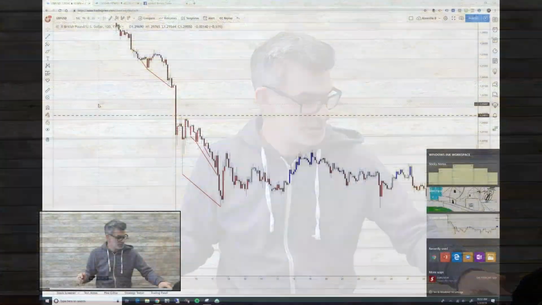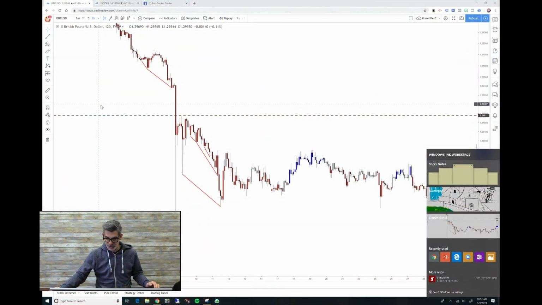Okay, in order to talk about what flash crashes do and how flash crashes come about, we're going to look at some examples of flash crashes because they're surprisingly similar in nature to each other. And if they're surprisingly similar in nature, then I think that they can be traded when they happen. That's my theory, and I'm going to stick to it no matter if I'm wrong. This right here on the chart in front of us,